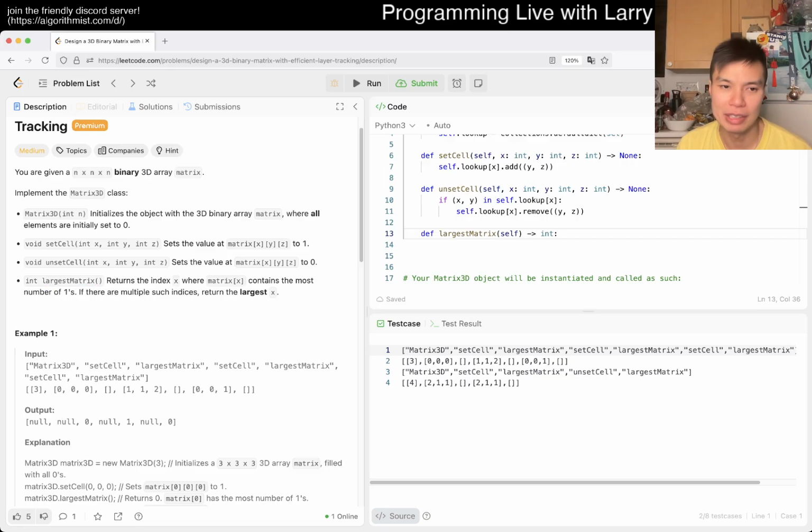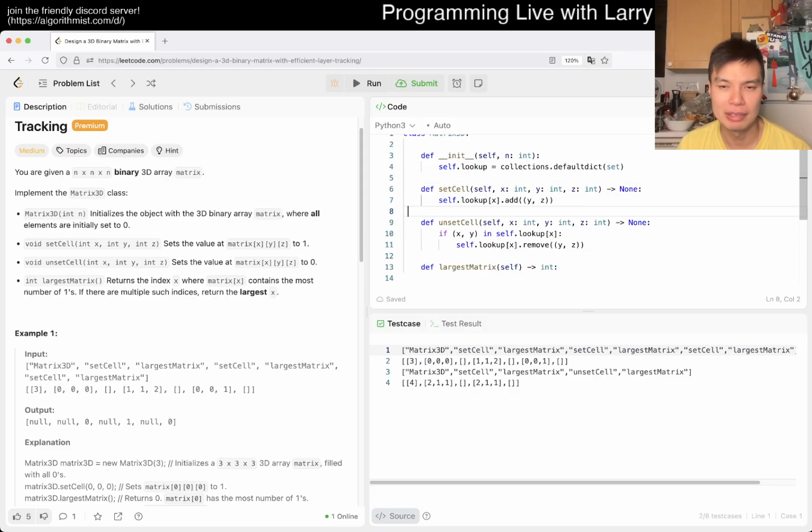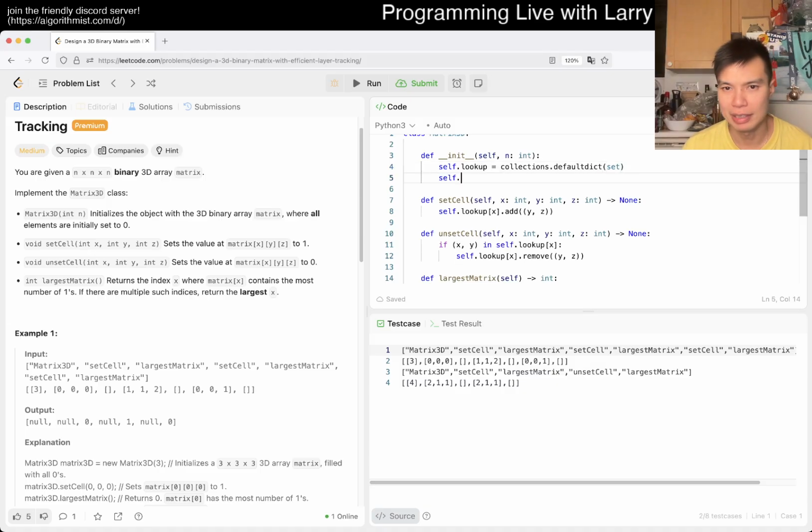But there are a couple of ways you can do this. Now that you have these, and that's the minimal, you can update the x versus the number of ones mapping, right? So maybe you have an x to ones mapping or something like that. That's a terrible name, so maybe just xs, which is a collections.Counter, right?